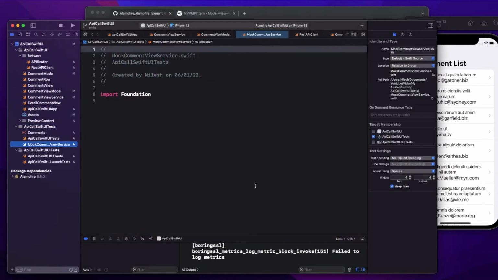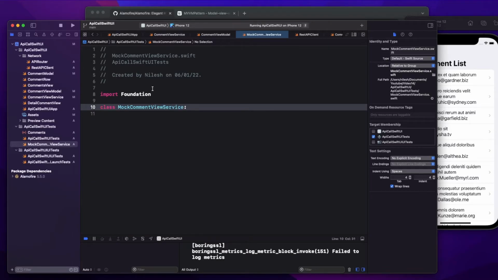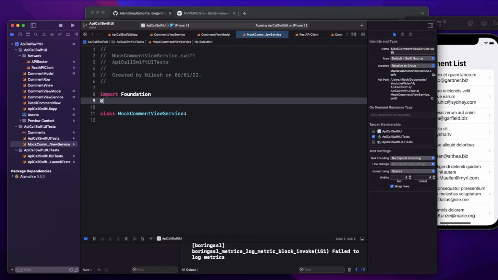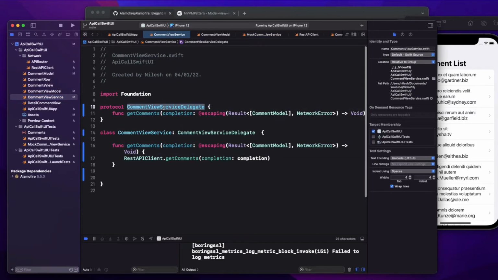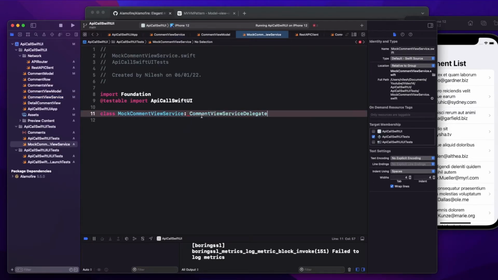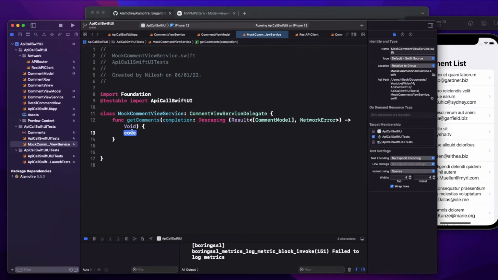Okay, now this mock class, first thing I have to import is the main project, with testable import API call SwiftUI. Okay, now I'll conform to the same protocol here, which is this, and now as per our need I can do whatever I want. Okay, so I add the protocol.